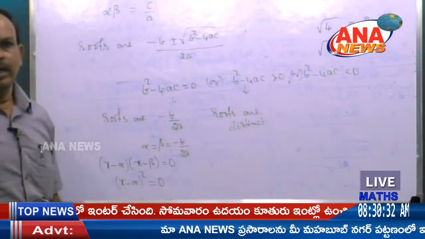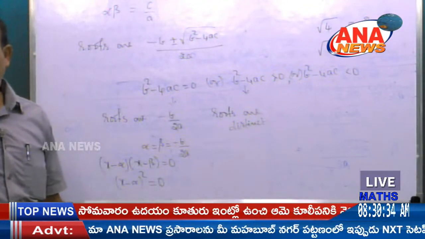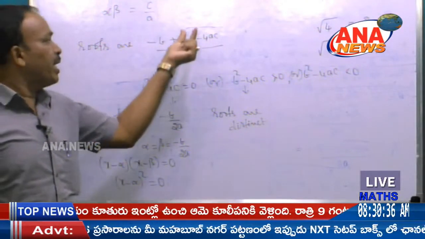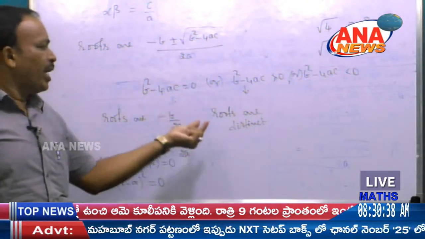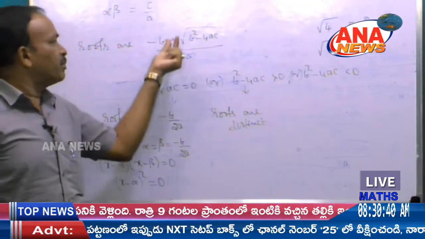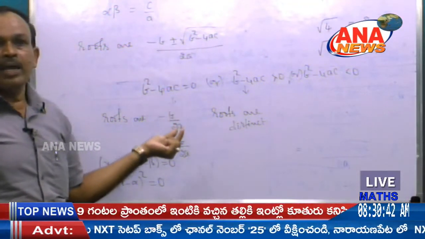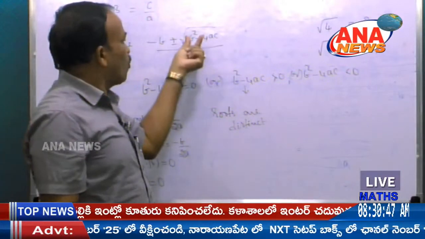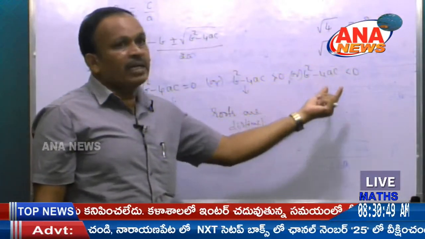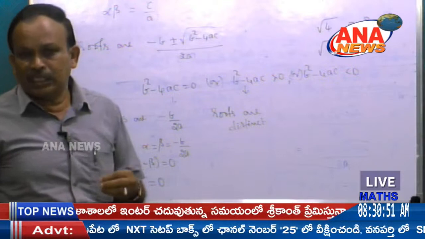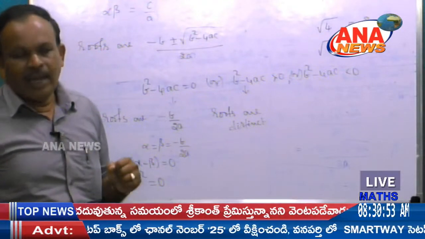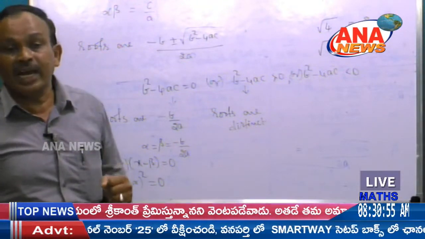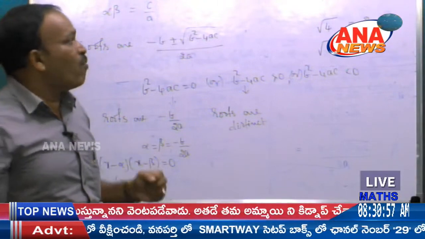Distinct roots, different roots, distinct roots. One is minus b plus something by 2a, and another one is minus b minus something by 2a. Here, third case, root over something, this b square minus 4ac less than 0, that means negative. Root over negative value is